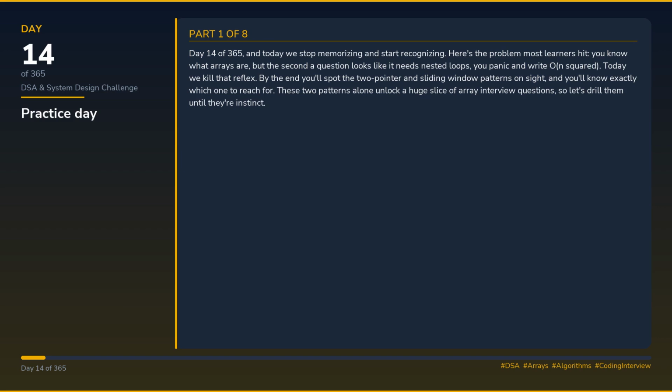Day 14 of 365, and today we stop memorizing and start recognizing. Here's the problem most learners hit. You know what arrays are, but the second a question looks like it needs nested loops, you panic and write O(n²). Today we kill that reflex. By the end, you'll spot the two-pointer and sliding window patterns on sight, and you'll know exactly which one to reach for. These two patterns alone unlock a huge slice of array interview questions, so let's drill them until they're